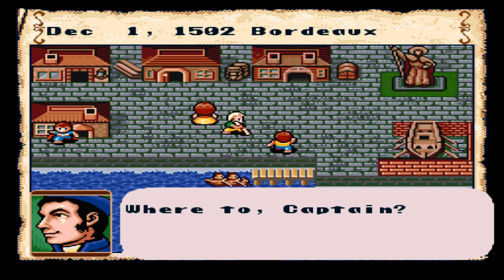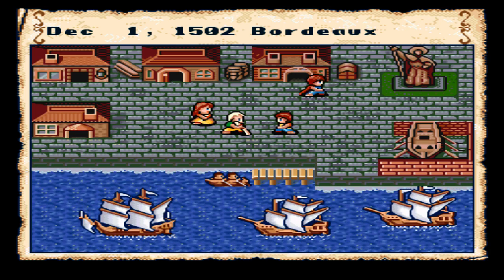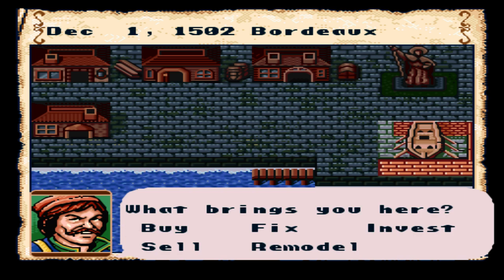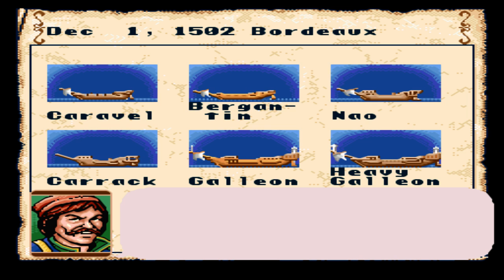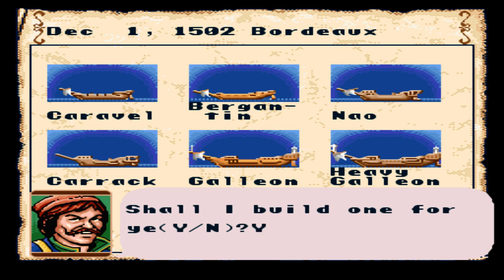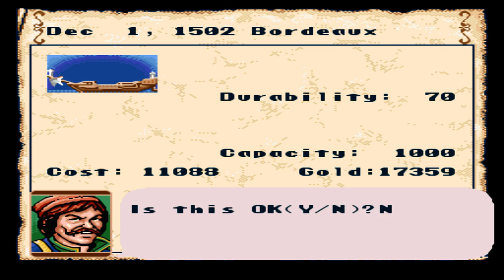So I need to stop selling things in Bordeaux and only buy things in Bordeaux to finish this quest off, basically. But, for interest's sake, a new ship! Oh, look what we've unlocked! The Heavy Galleon. Just to see how much it's going to cost. We totally want one of these things. We're not actually going to be building a war vessel yet. So I think we'll just take the cheapest...